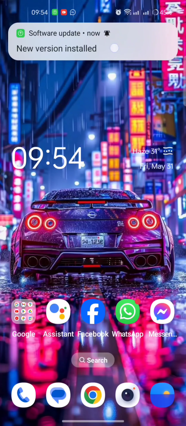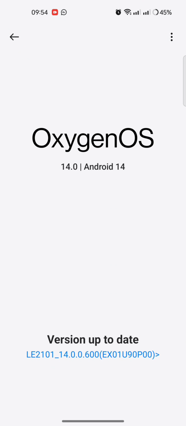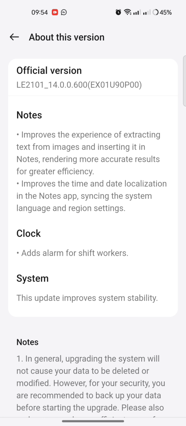A new version installed. Okay, version is up to date. LE210_14.0.600, EX01U90P00. Improve the experience of extracting text from images and inserting it in notes, rendering more accurate results.